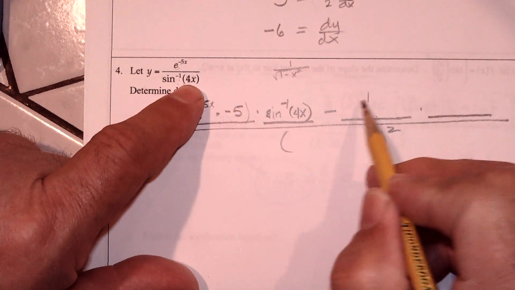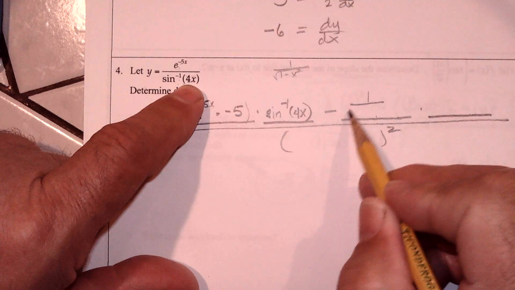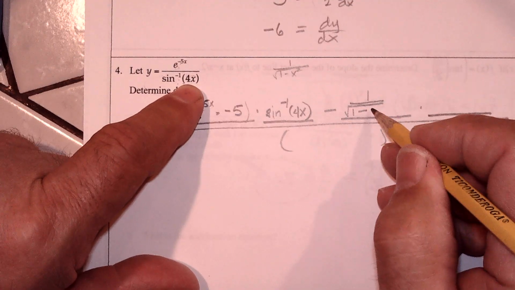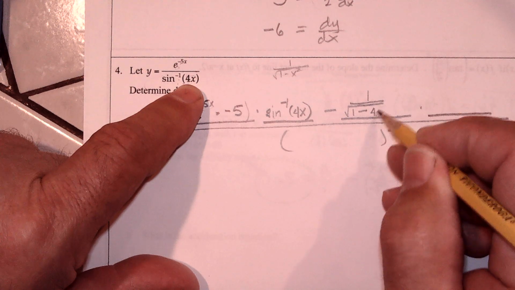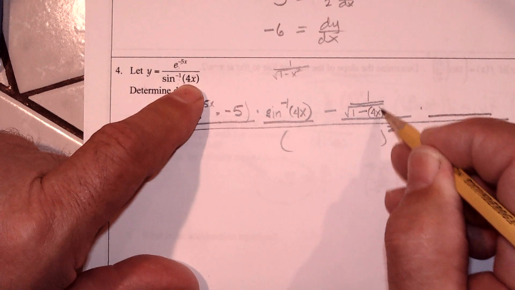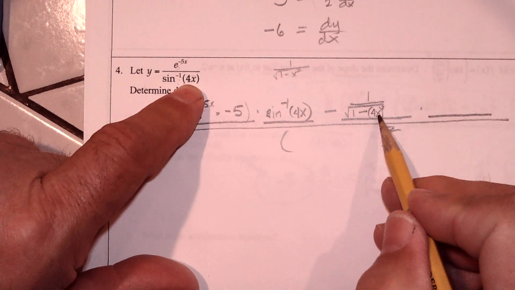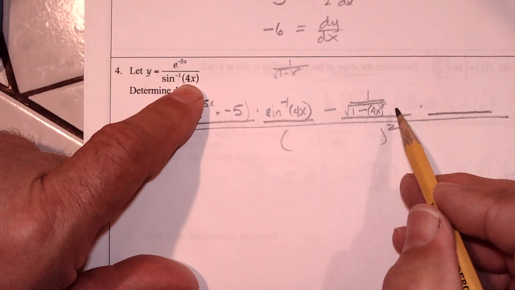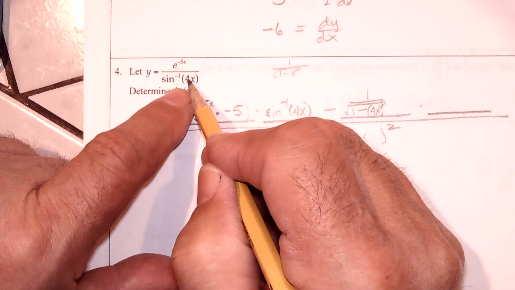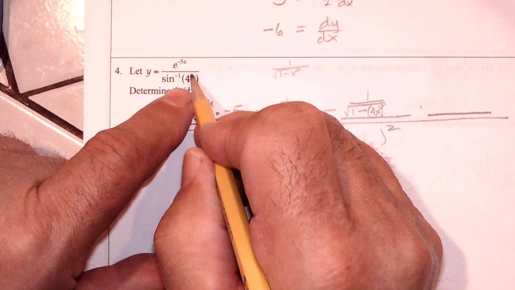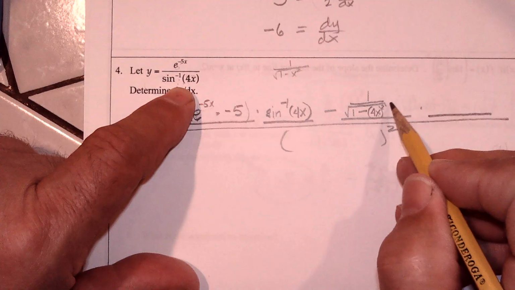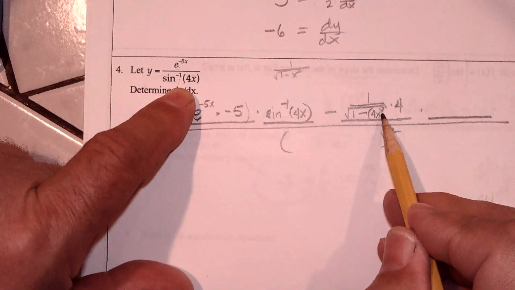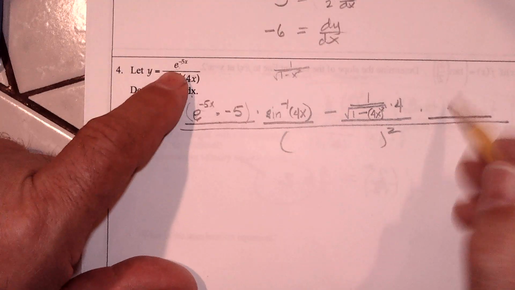So it's 1 over the square root of 1 minus 4x squared, or 16x squared if you want, 4x quantity squared. But since this is more complicated than just an x, it's times the derivative of the inside, times 4. That's the derivative of the denominator times the numerator